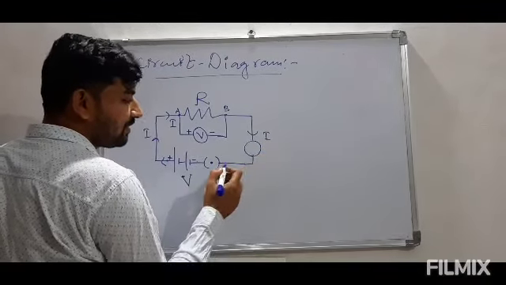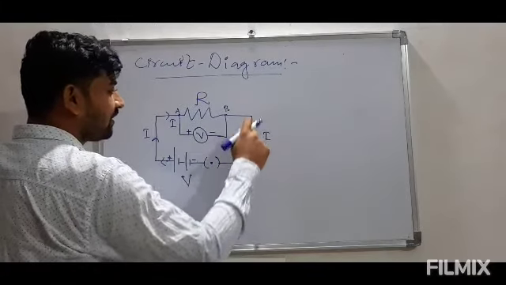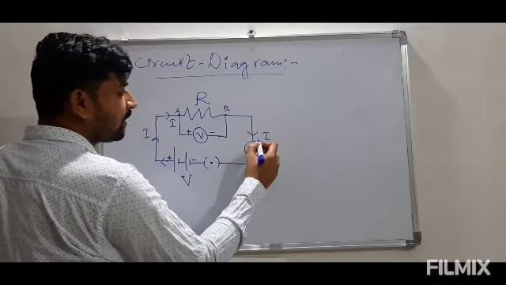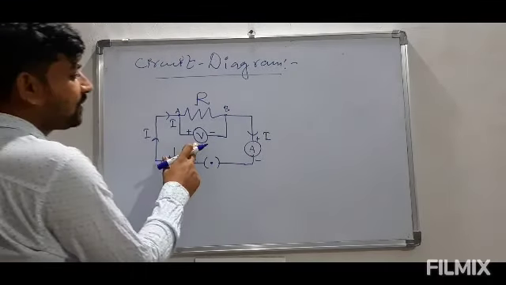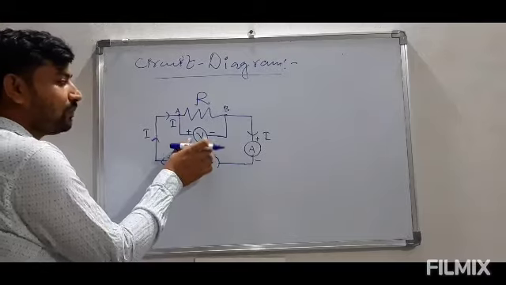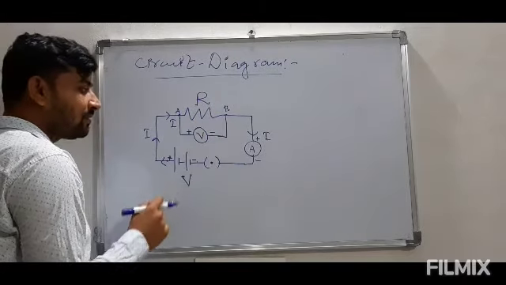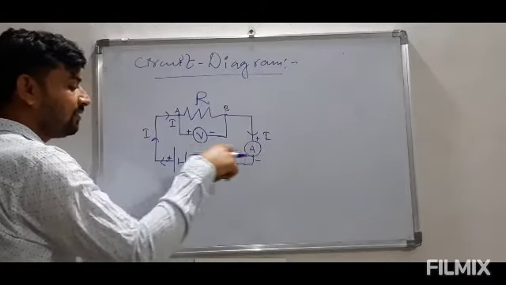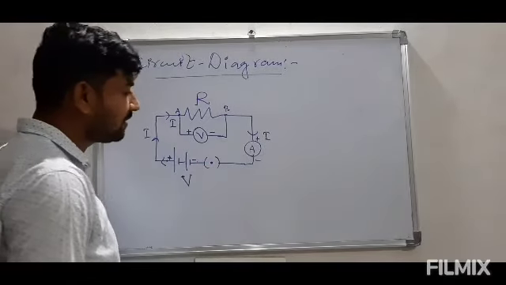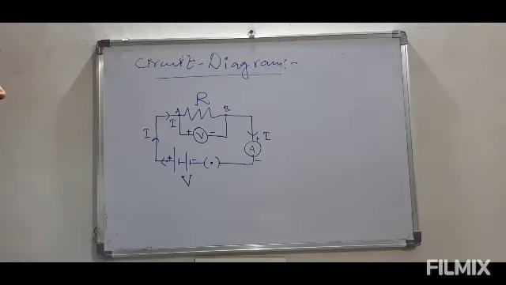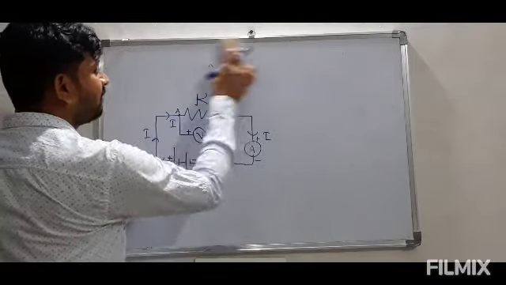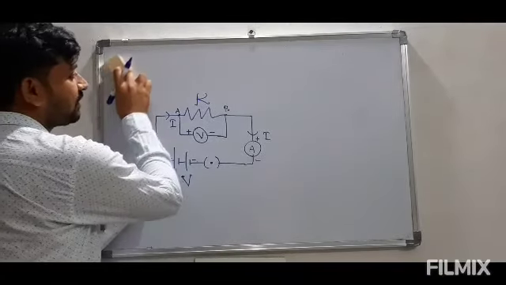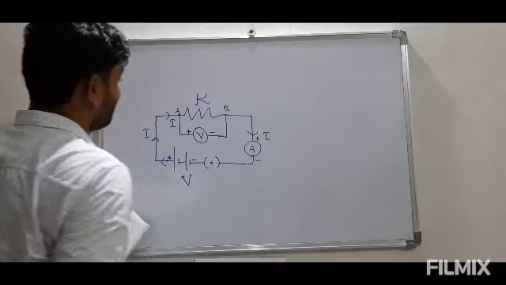Now suppose I want to measure current. I told you ammeter is always connected in series. So this is the current, in this direction it will come. So this will be plus and minus. So this is how we connect voltmeter and ammeter in a circuit. So voltmeter is connected in parallel with the resistance and ammeter is connected in series of this circuit. So this is very simple circuit diagram. As we move further, we'll be going through many more.